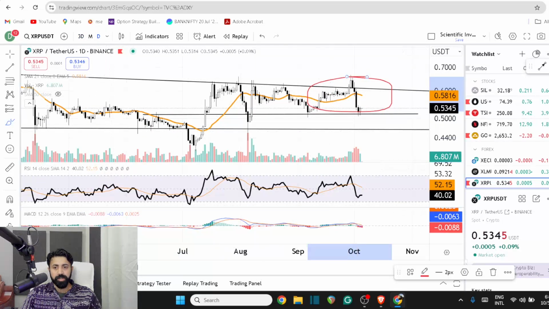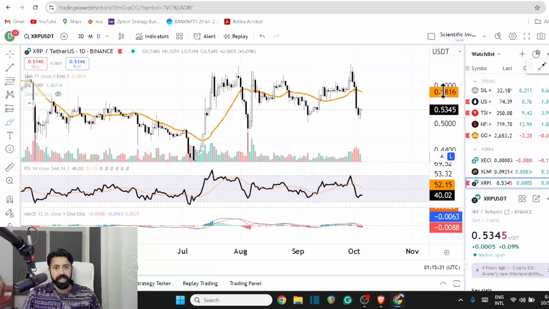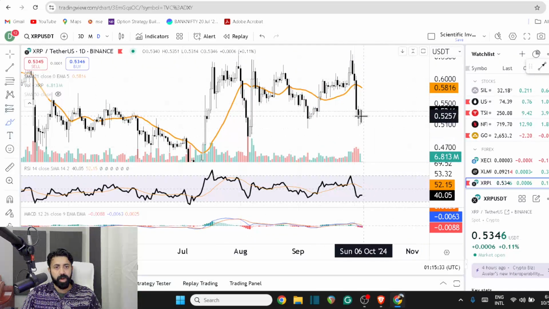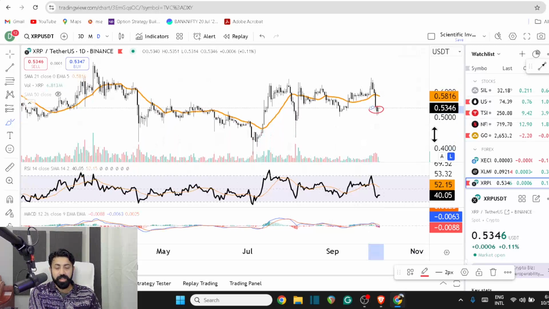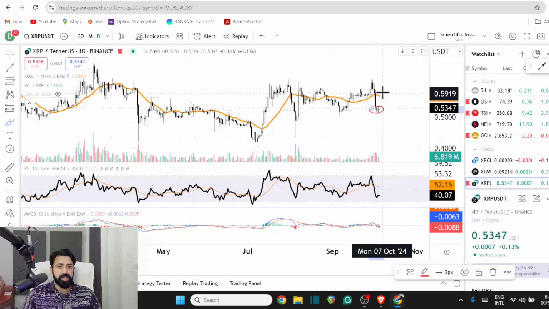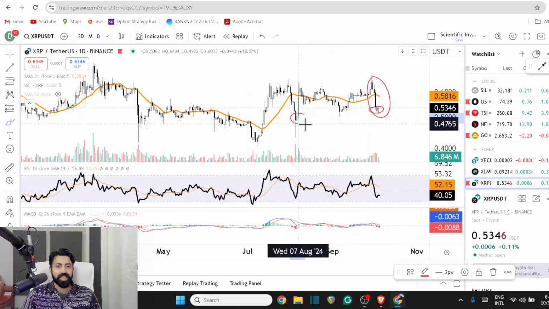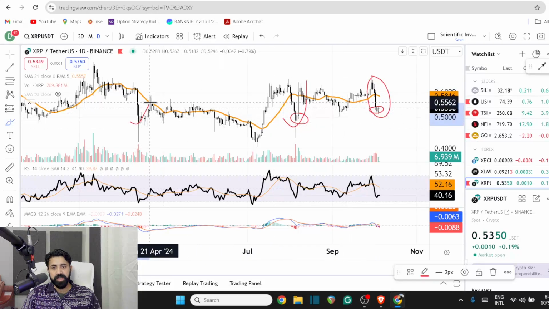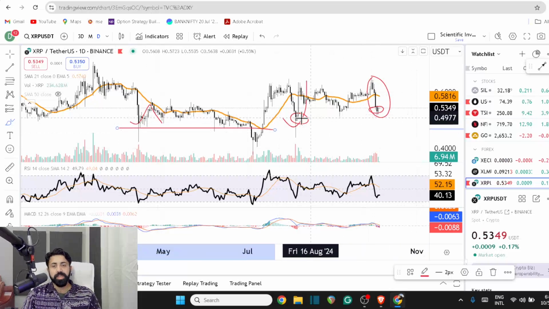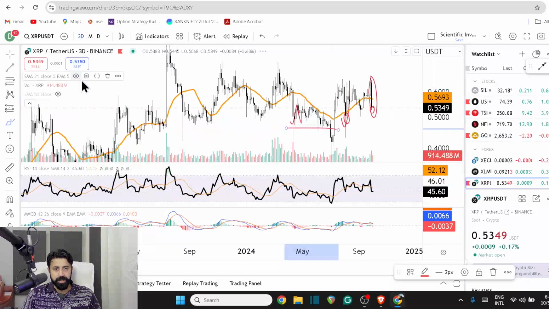You're coming back to XRP on a daily and you're watching the price trying to do this. So someone is starting to buy this asset. Keep this in mind. Once you have a big drop, most likely the next run up is not always going to look like this. Usually you go back up, test the moving average, come back down. So this is something you should be looking at.